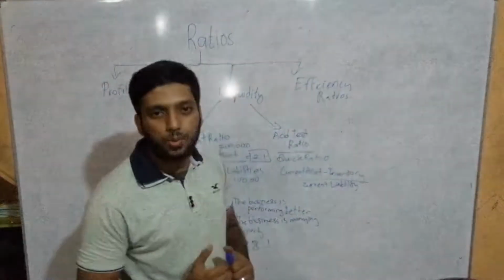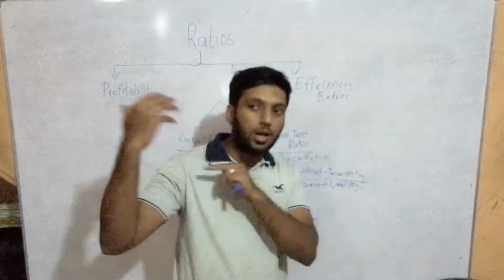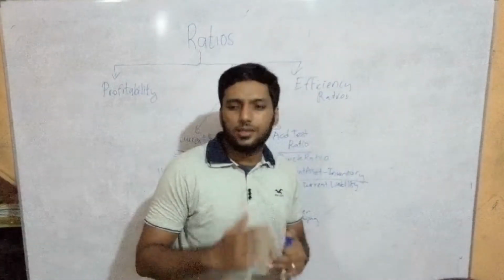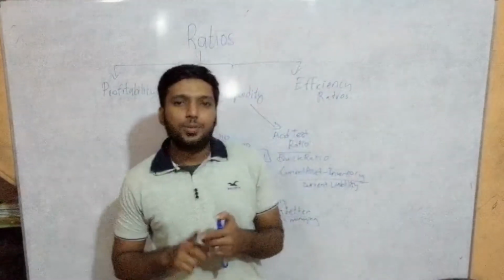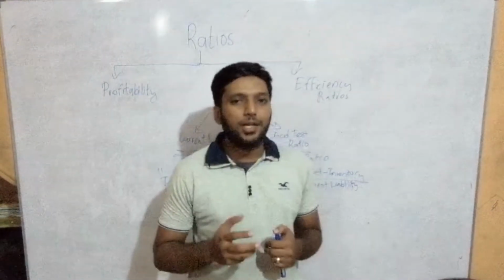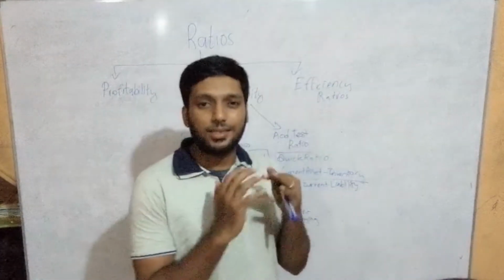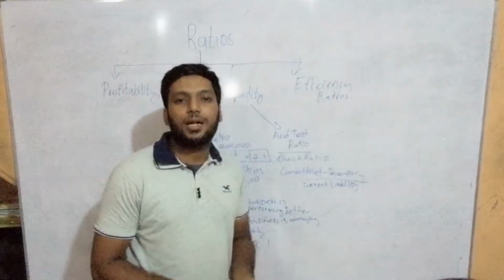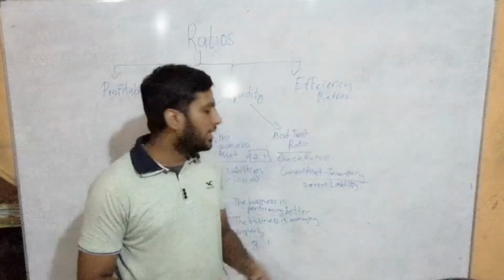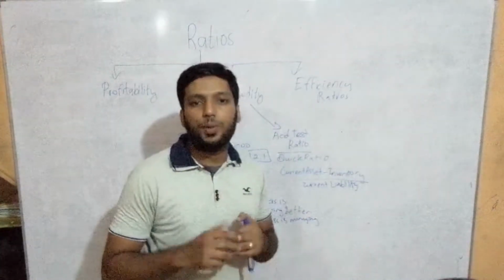Now why do you want to remove the inventory part? Because cash you have in your hand, bank is the amount you have in the bank, and trade receivable is the amount of goods you have sold to the credit customer. So this trade receivable, cash and bank, it's all money, you can make it soon. But inventory is not the money you have in your hand, it's just the goods you have in your hand. So the goods you have in your hand, you can't make into money as soon as possible. So you need to understand that a quick ratio speaks about how fast you have money to pay your liabilities.